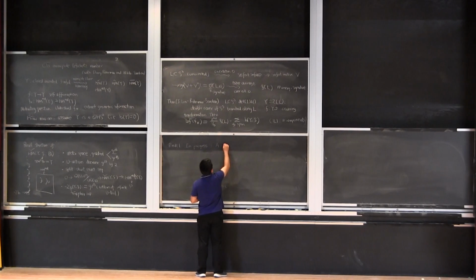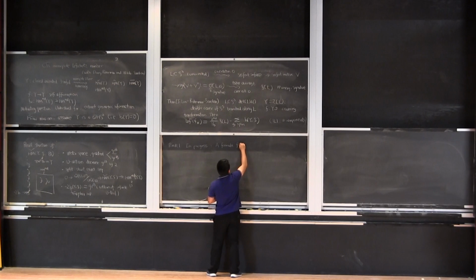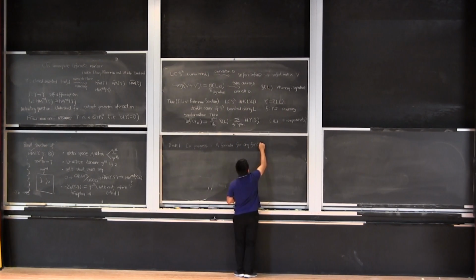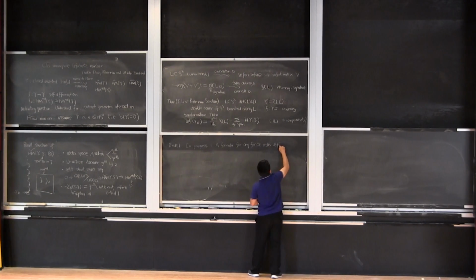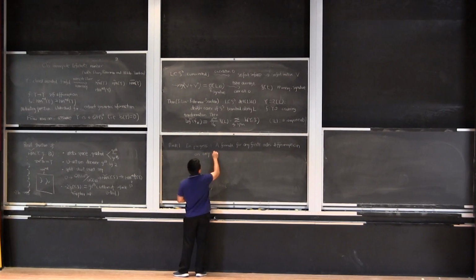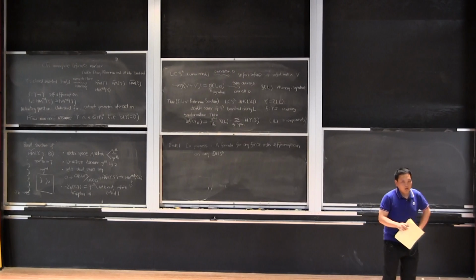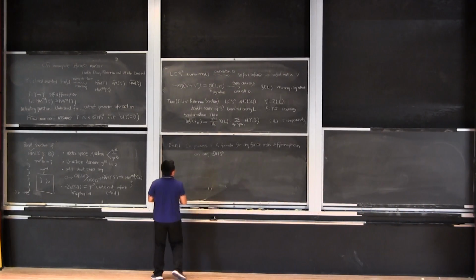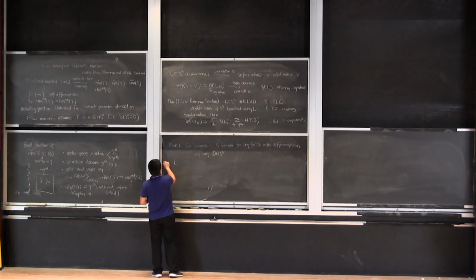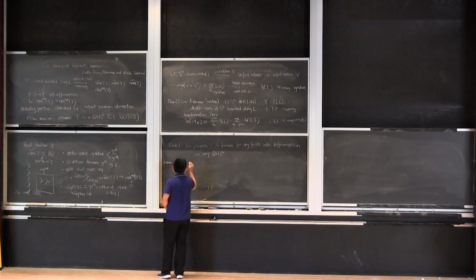A formula for any finite order diffeomorphism on any rational homology three-sphere. So if you have any finite order self-diffeomorphism on a rational homology sphere, you can compute the monopole Lefschetz number. And for simplicity, let's assume L is a knot. Assume for simplicity that the quotient is an integer homology three-sphere. Then the more general version